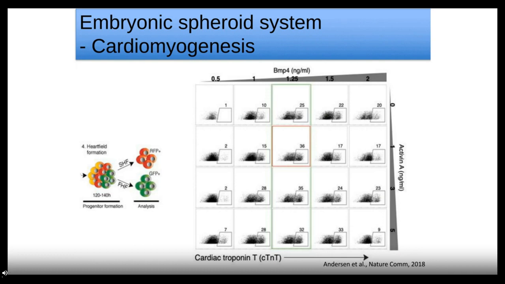The next thing we did was to first identify which of these concentrations or methods gave us the best induction of cardiogenesis. Here we test an increasing dose of BMP, as you can see at the top, and an increasing dose of activin A, as you can see to the right. We're doing a scatter plot here of cardiac troponin T. We picked the condition that gave us the most cardiac troponin T positive cells. Cardiac troponin T marks cardiomyocytes, and the condition highlighted in red is the one that gives us 36%. This is just an intermediate time point where we picked that condition, and